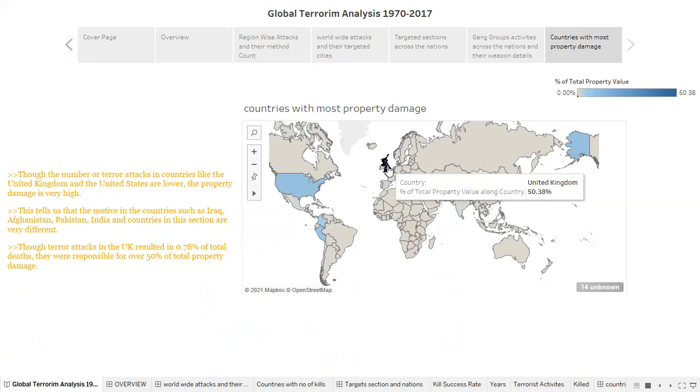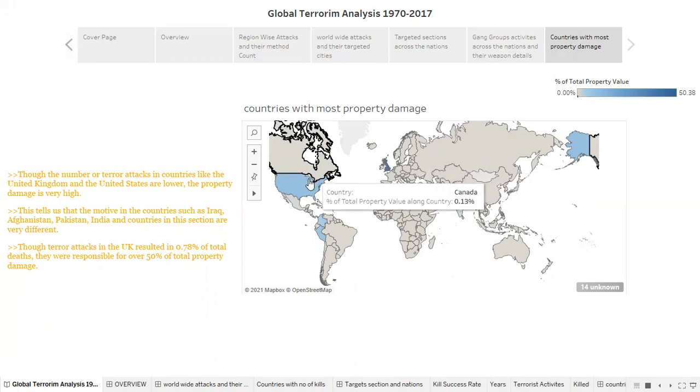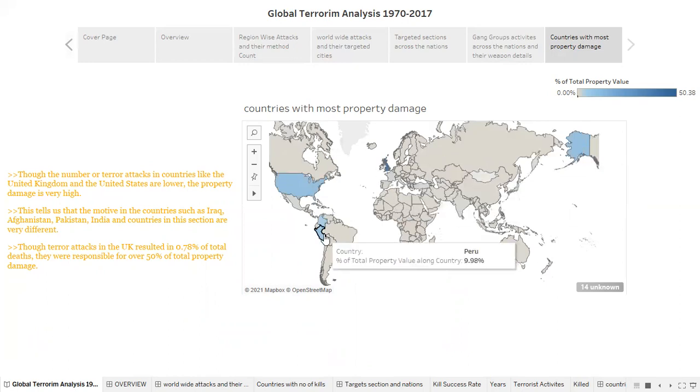Almost 50% of property damages happened in the United Kingdom when terrorist activities happened, followed by United States at 12%, Peru at 9.9%, and Colombia at 4.82%.